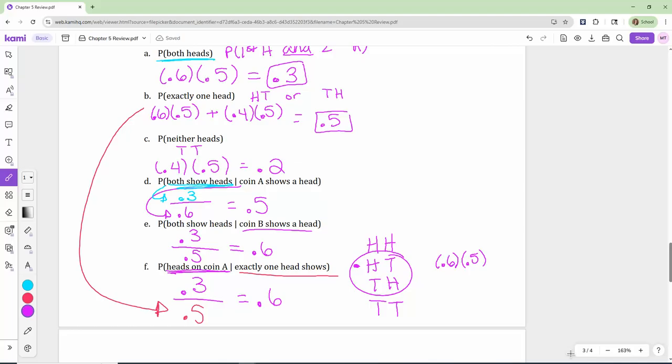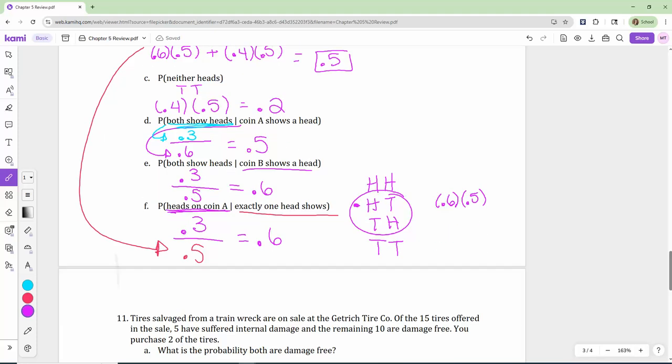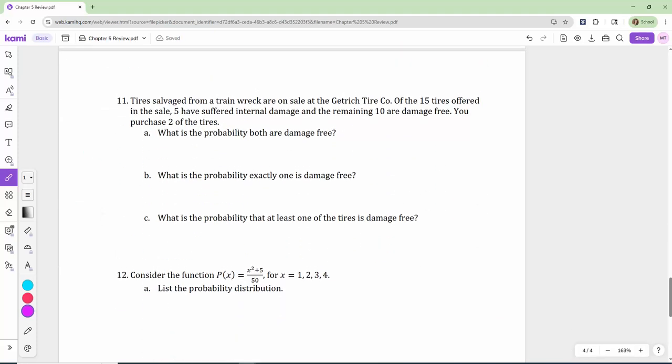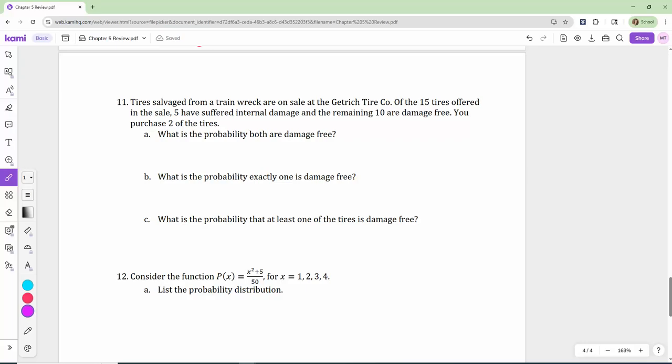Alright. F was tricky. How did we do with the rest of those? Okay. Do we feel better about this probability? Is it getting better? Alright. Why don't you guys take a second and try number